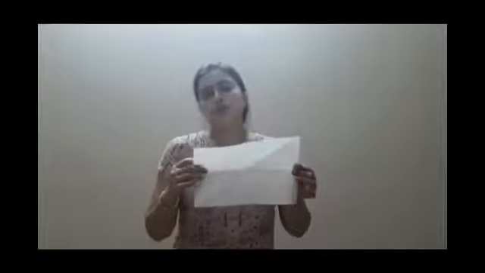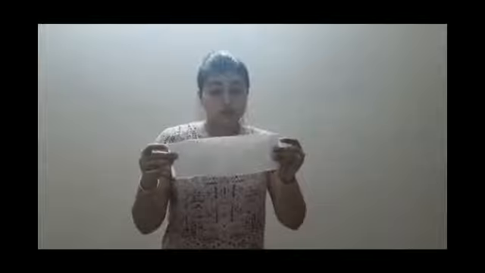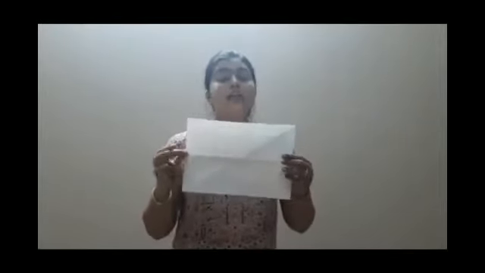Now it's up to you. You can fold it horizontally also. Just check. Yes, again if I fold it horizontally, it is overlapping completely. So students, when I fold it, there are 2 lines. One is this vertical line and one is this horizontal line. And these lines are called line of symmetry.